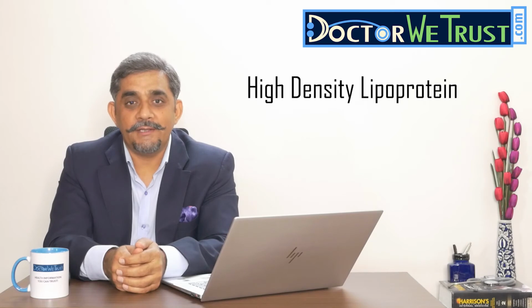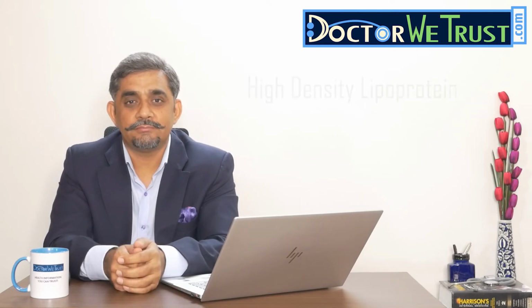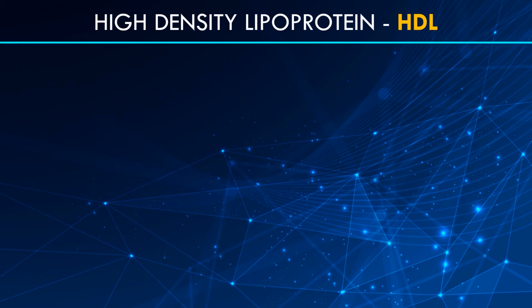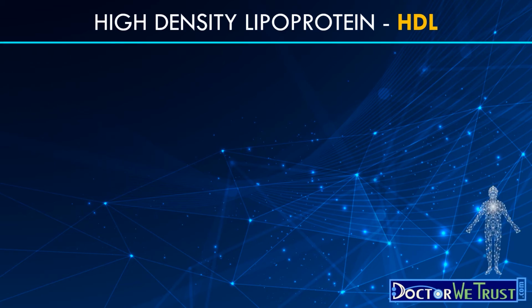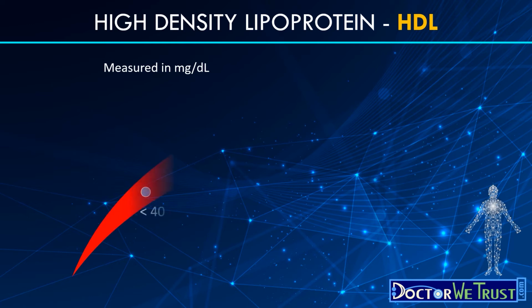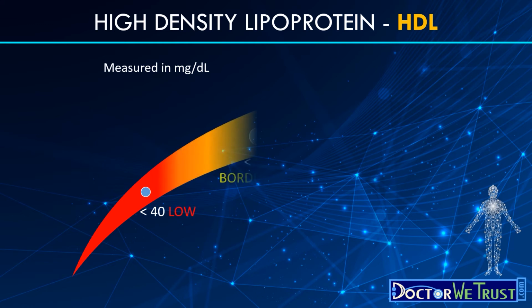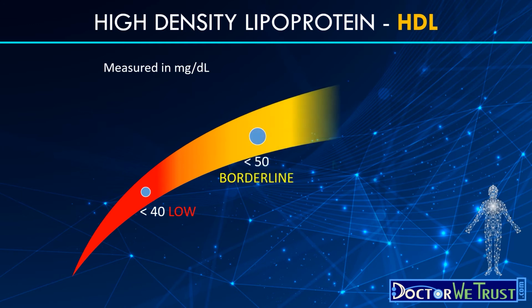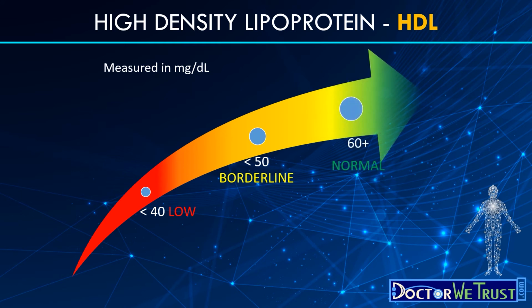HDL, high density lipoprotein or good cholesterol. What are the levels for HDL? The recommended levels for HDL? Well, for adult males, values of less than 40 milligrams per deciliter are considered to be low, and they increase the risk for cardiovascular illness. Between 40 and 50 milligrams is considered an average level. Levels above 50 milligram per deciliter are considered to be high and have a protective effect on heart and brain health and are generally considered to be desirable.